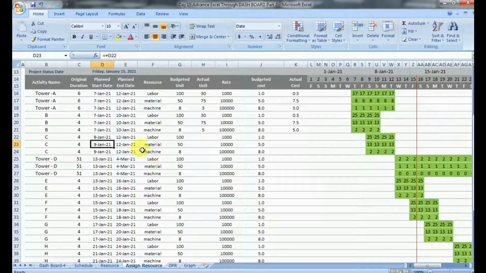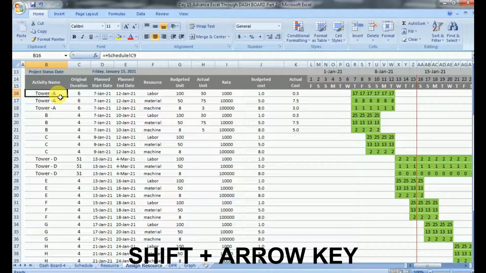We do navigate to select the data, to copy the data, to cut the data, but how to do it smartly? By using the shortcut, which is if you use Shift plus arrow key, then Excel will start selecting the data in the direction of the arrow. Here on screen, we first activated one cell, then used the arrow command along with the Shift button to keep on selecting the data in a particular row.